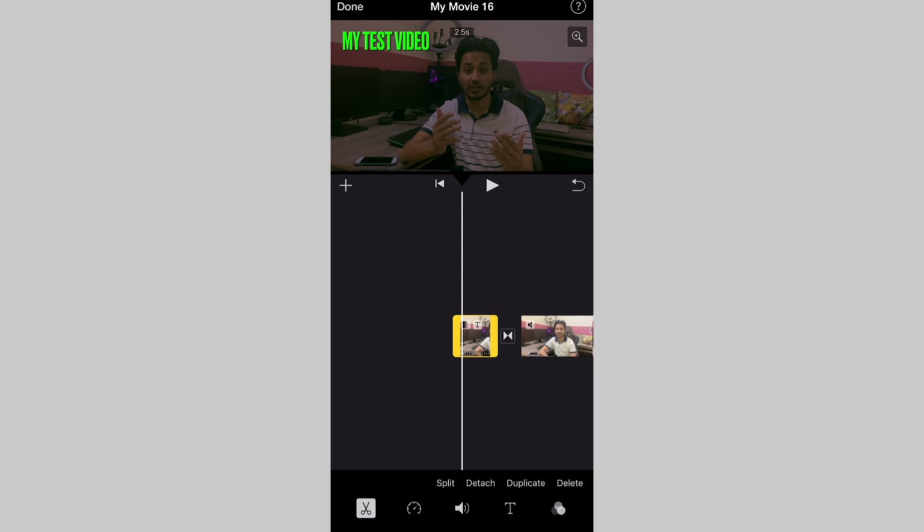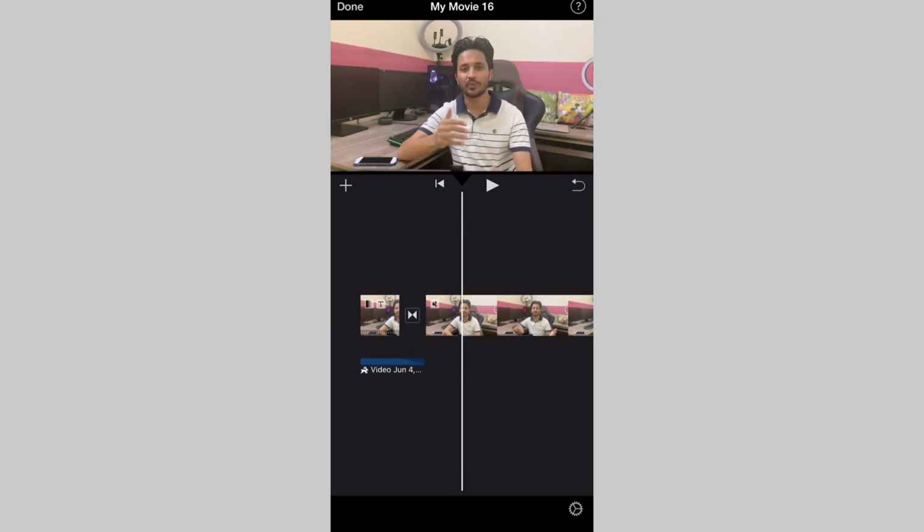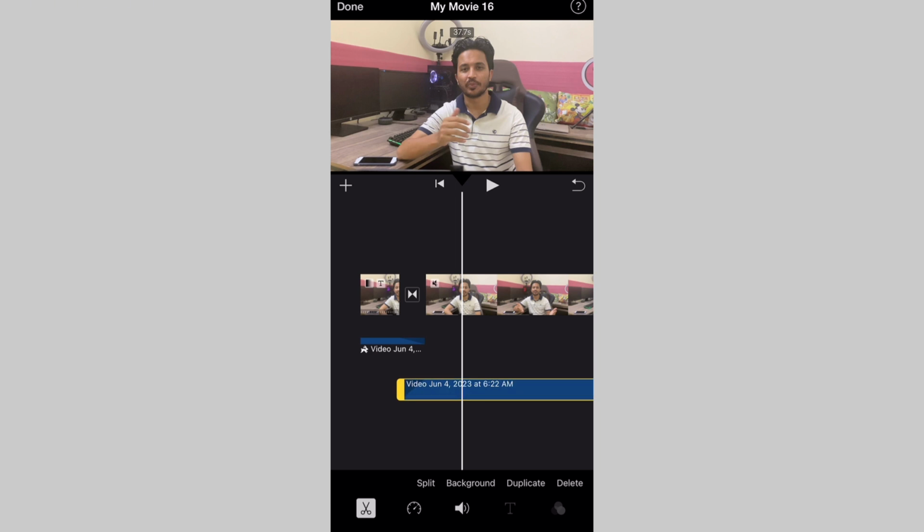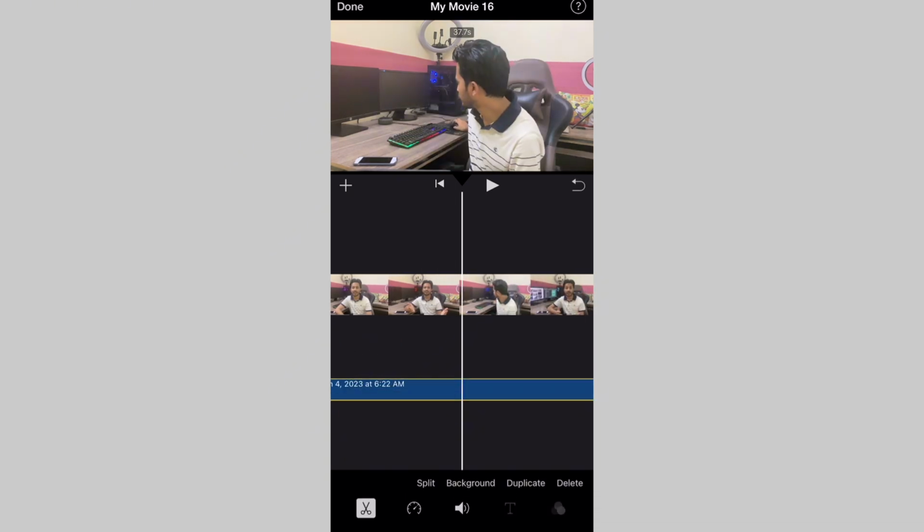So you see this detach option here. If I tap detach, it's going to detach the audio from the video clip, and I can do the same thing here. If I detach the audio, now you can see the audio is separately showing up here on the bottom of the screen. If you want to add another clip here, just go at the end of this clip,